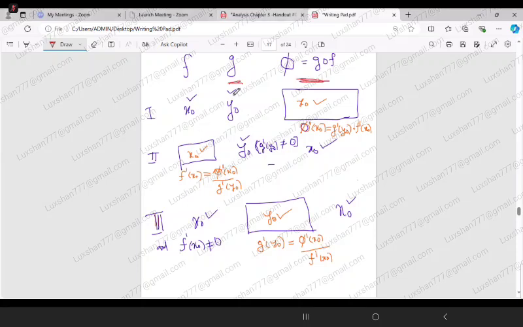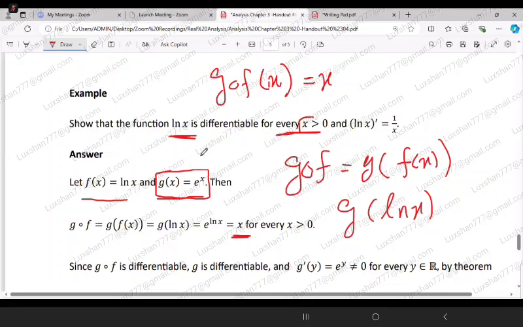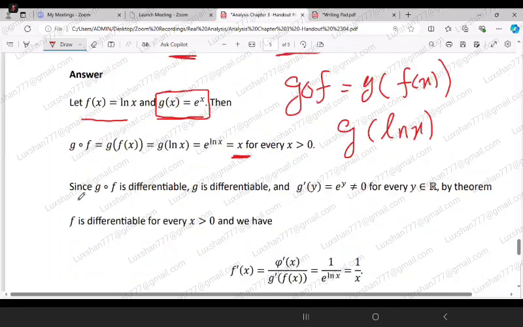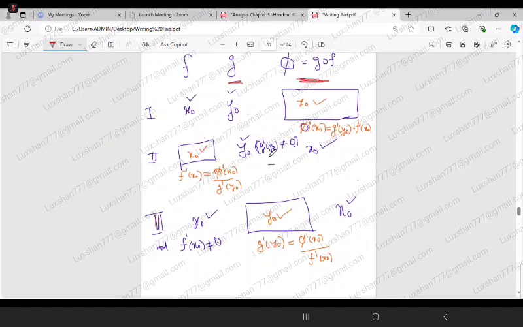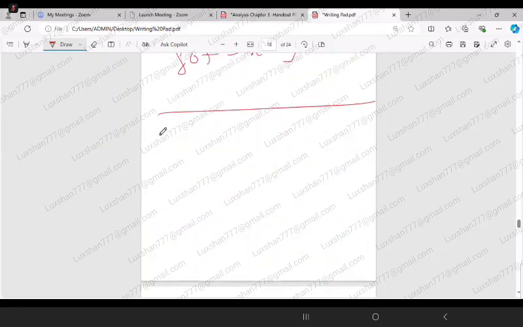For the second one, we need these two conditions: g circle f is differentiable, g is differentiable,